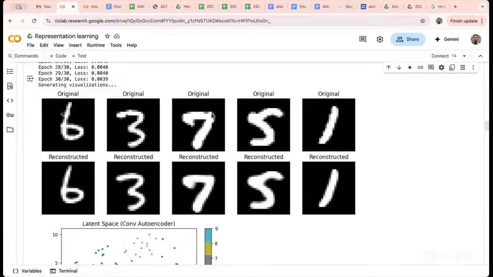Can you give an example from the data sets link that sir has given? There we can see a lot of image data sets. So we have to apply it on image data sets only?